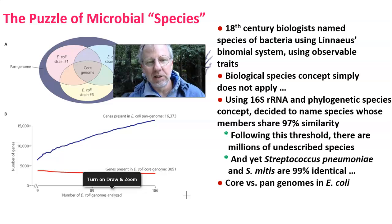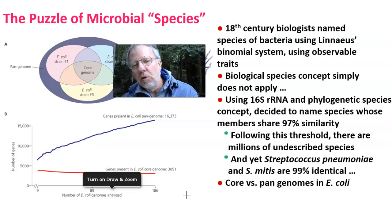Well, let's take ourselves back to the 18th century, where biologists were naming species of bacteria using Linnaeus's binomial system. And of course, they were only able to use observable traits that they could see through a microscope to distinguish bacteria, which is pretty limiting, as you know. So really, the biological species concept doesn't even apply to these kinds of creatures, as I already mentioned in the intro to the slide, because they do not reproduce sexually. So instead, perhaps a phylogenetic species concept is more appropriate for things like bacteria and archaea, since there's no sex with them. So what biologists did is use 16S ribosomal RNA